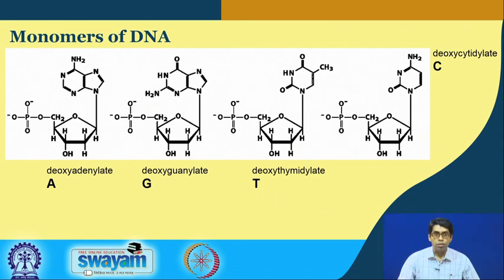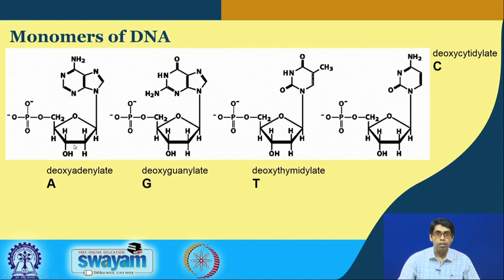So, just to summarize what we learned in this week, we saw that DNA is again a polymer just like proteins. DNA is a polymer of nucleotides, and we saw that there are two types of nucleotide polymers. One is DNA, deoxyribose nucleic acid, and then the other one is RNA, ribonucleic acid. Chemically they are very similar. Both are formed by 4 different types of monomers.